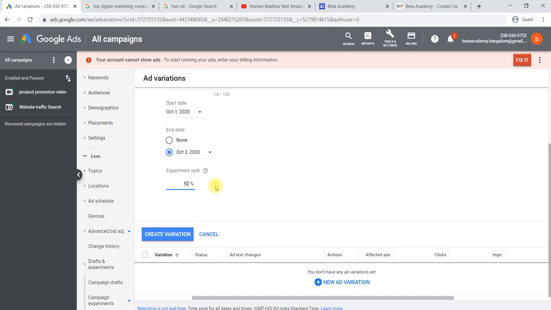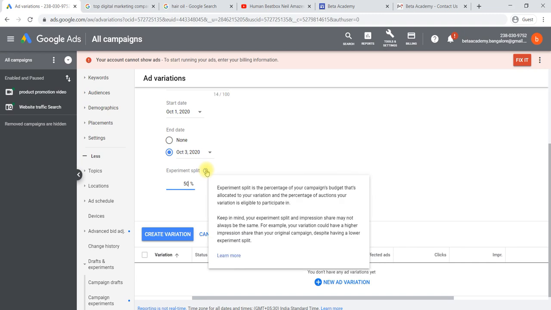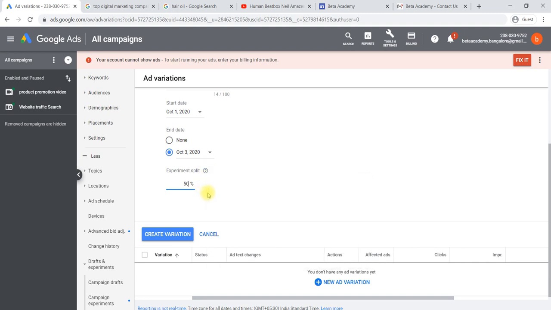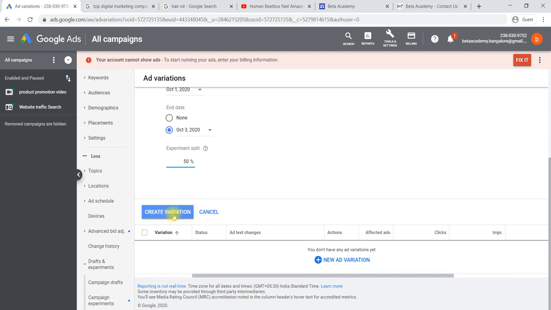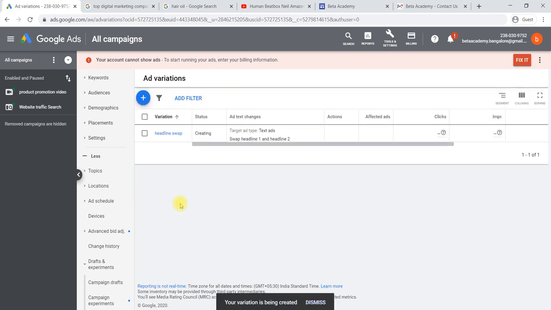If you select 70, or if you say 40, then the first variant will be shown 40% and the second variation will be shown 60% of the time. So we'll say 50-50 so that we'll come to know which ad is better. Then say create variation. The variation has been created.